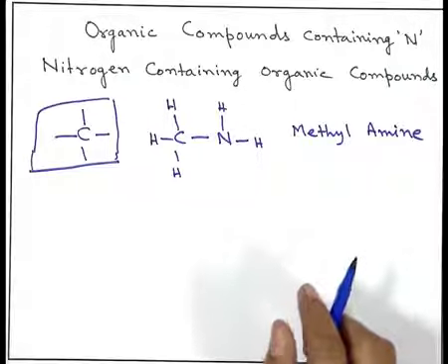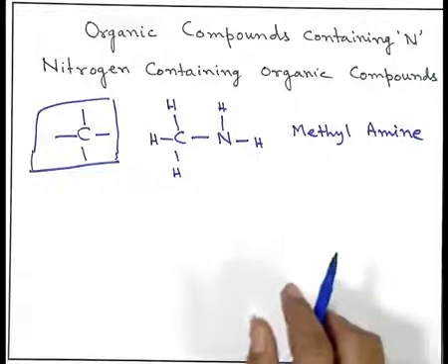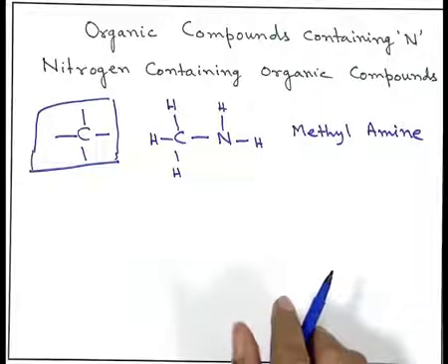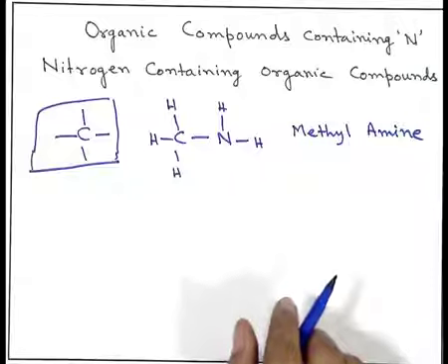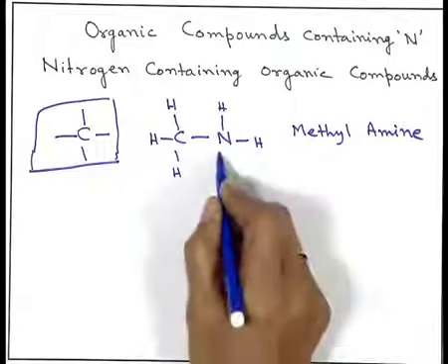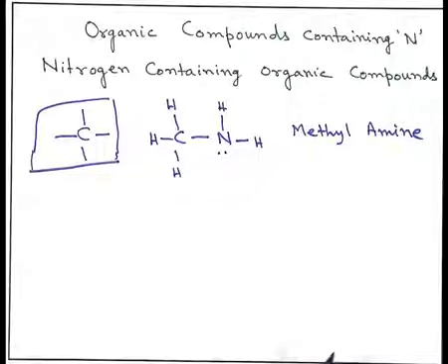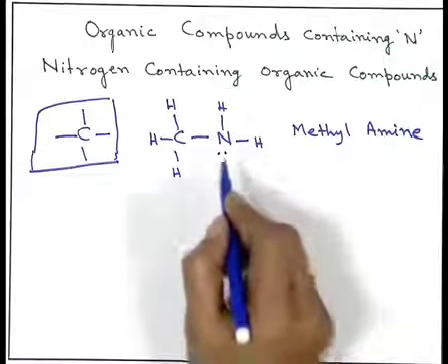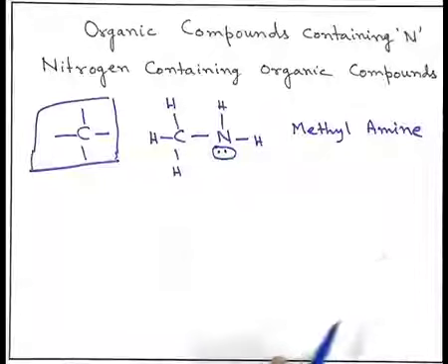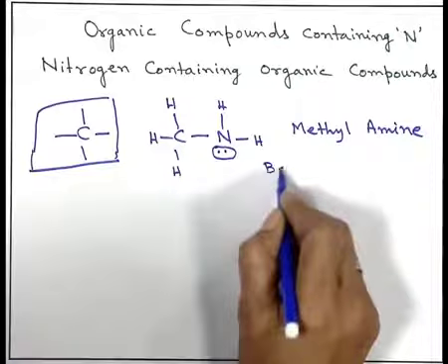Now, what is the nature of this compound? I mean, is it alkaline or basic? Is it acidic or neutral? How can one tell? Because we know a definition for acid base as per Lewis: a Lewis acid is an electron pair acceptor and a Lewis base is an electron pair donor. As the nitrogen in this case is trivalent, having a non-bonded electron pair, it can donate this non-bonded electron pair. So, it is basic in nature, or let me write down, it is a base.